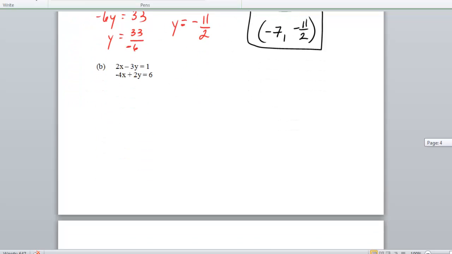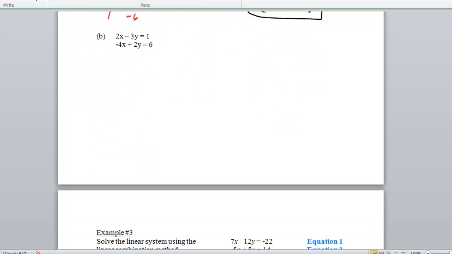So let's take a look at part B. Again, in part B, I need to identify a place where I can create negative or opposite coefficients. Right off the bat, if I just multiply 2x times 2, I can get an opposite coefficient. So I'm going to multiply this entire first equation by 2, which is going to give me 4x minus 6y